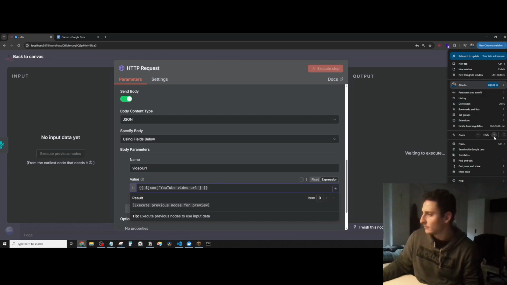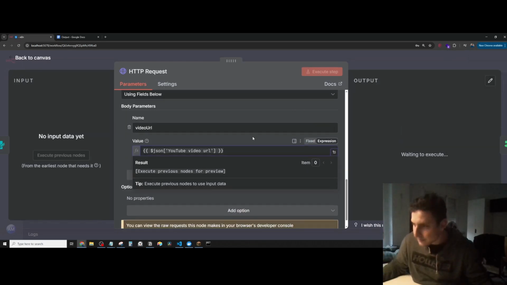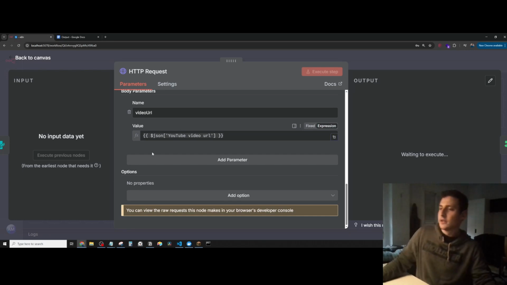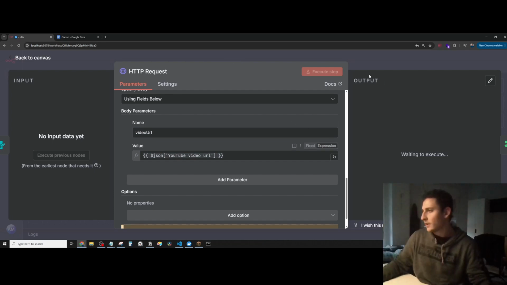I'm going to zoom in just to make sure that you can see. I'm going to really zoom in to make it visible in the video. So as you can see, we're getting the video URL from the form, and we're passing it to the API. So that API is going to return